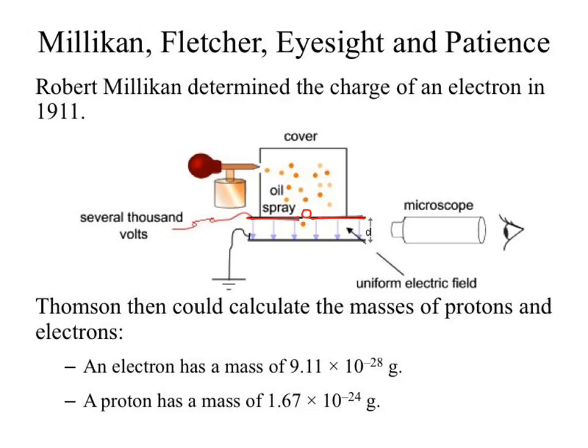They then looked through an eyepiece and looked at the little oil droplet. Okay, the reason they needed to look at it was so that they could approximate its size. They would assume everything was spherical, so they could then determine how massive that oil droplet was. Once they knew the mass and they knew gravity's force, they could determine the counteracting force of the electric field. That counteracting force is due to the electron charge. They could then solve for the electric charge, all by looking at that very tiny little eyepiece. Kind of an ingenious experiment, ridiculously painful. I don't think I would have the patience to do that. But hey, that's why they win prizes and I don't.